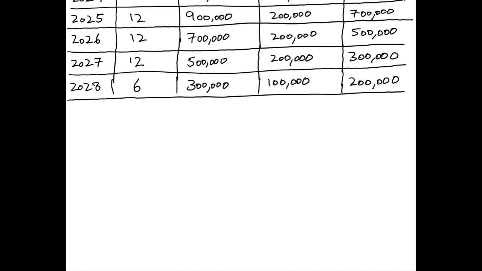The next depreciation method, we are going to do the same problems but using the units of production method. So this method takes into account the number of units that a machine produces, and the more the machine produces, the more it depreciates. So the formula for this one is